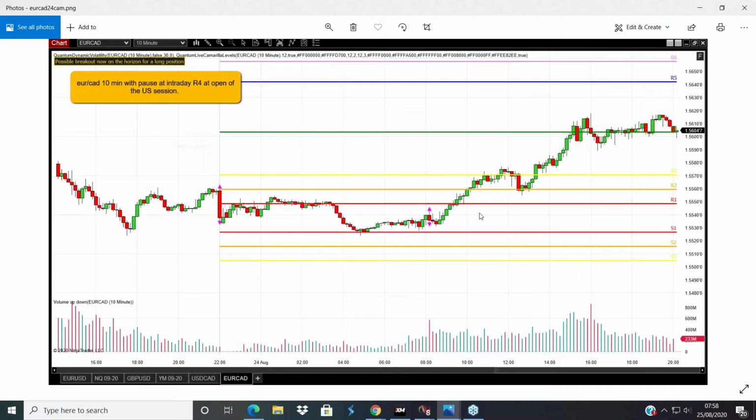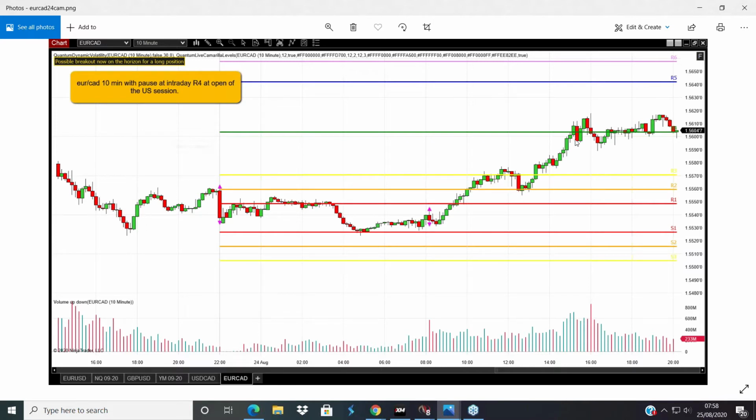And this is where you have to have some way of marking support and resistance on your chart. We use price-based support, we use volume-based support, and then that support and resistance is given a priority, a hierarchy, with our Camarilla indicator, and off it goes through the R1, goes up to the R2, pulls back R3, then pulls back to the R2, a little bit of congestion, and then it goes higher.